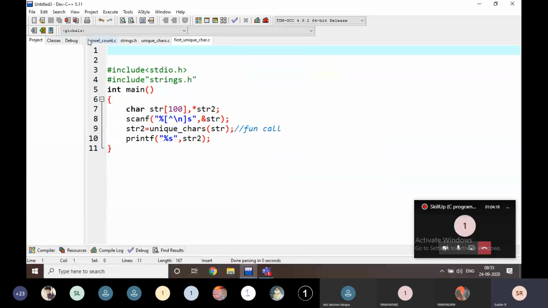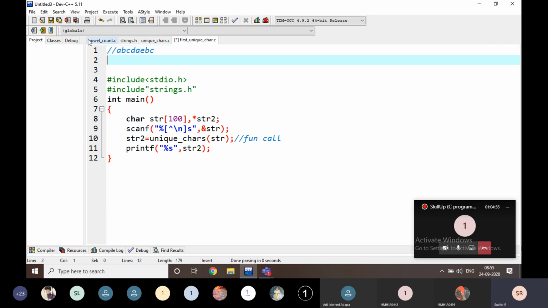What is the input first of all? If I write some A, B, C, D, A, B, C like this, and some other value that is going to be E like this. We are going to find the unique characters here.